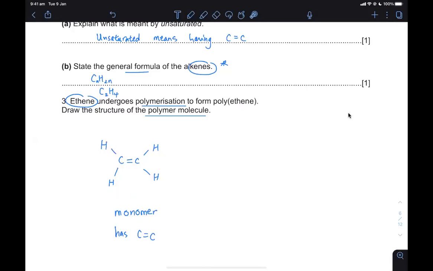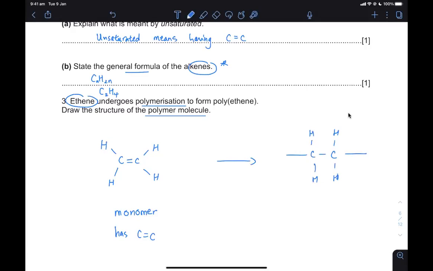Carbon forms 4 bonds: 1, 2, 3, and 4. From this, you should be able to draw the dot and cross diagram. From there, the carbon-carbon double bond undergoes addition reactions. So you have addition. That means you lose the carbon-carbon double bond, and then you add it onto another